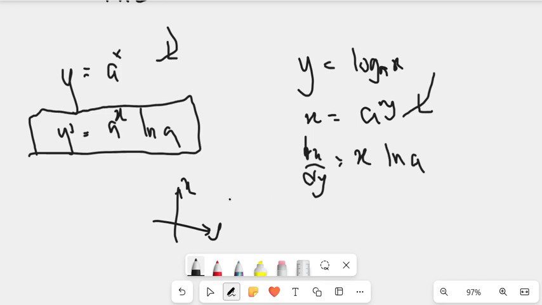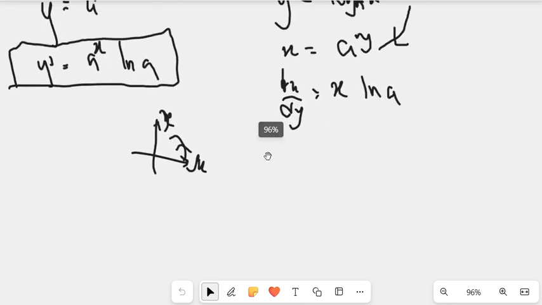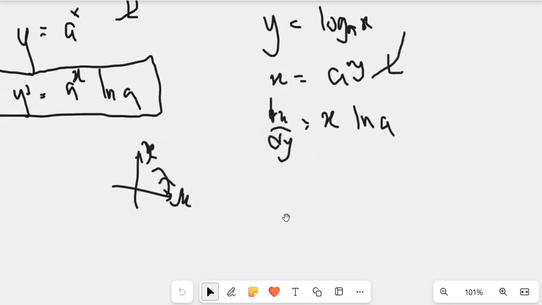But what if I want dy/dx? It's just rotating the axes. It's just letting this be y, letting this be x. Of course I can do that. So back to this, it is just rotating the axis. So if we take the reciprocal of this function,